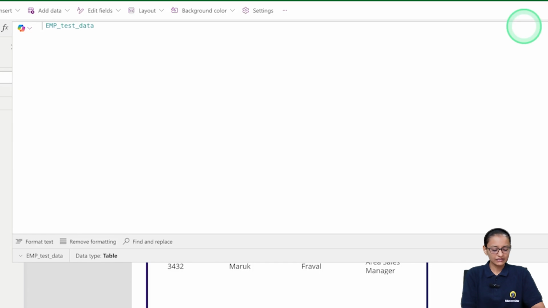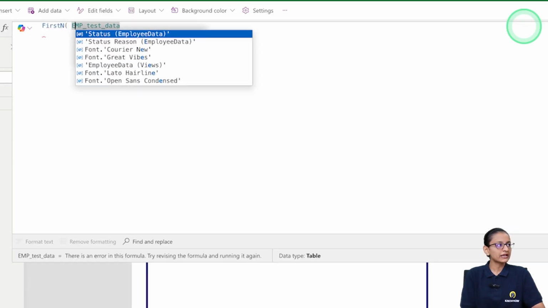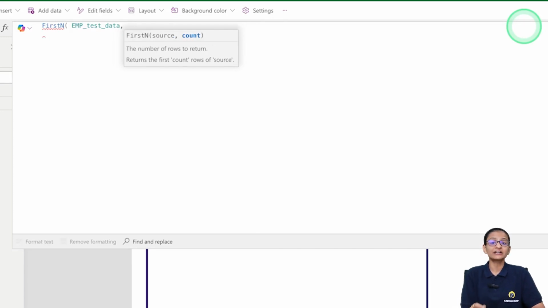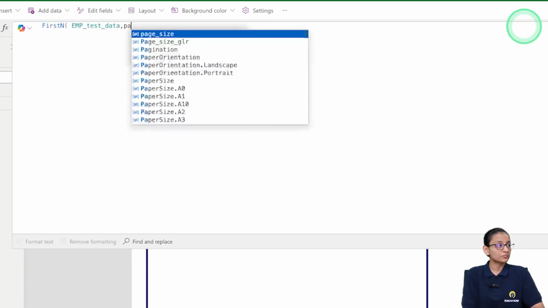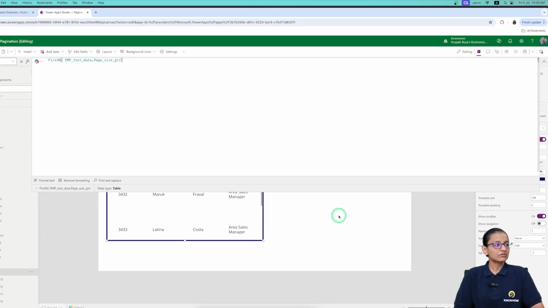So let me display FirstN, then the employee data, and how many records do you want to display? First 5 records, first 10 records, first 15 records. We have already created a variable which contains the page size. So page size of gallery, and then